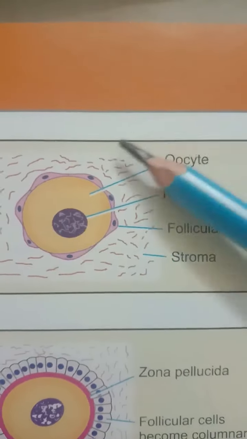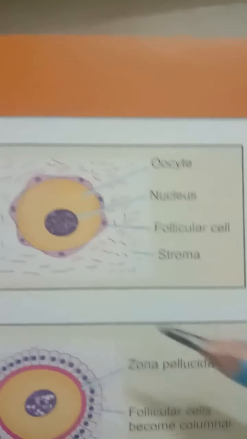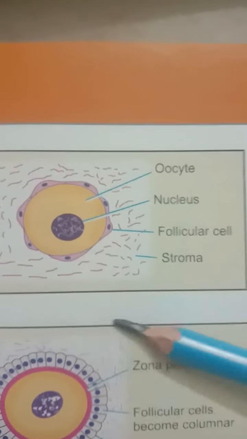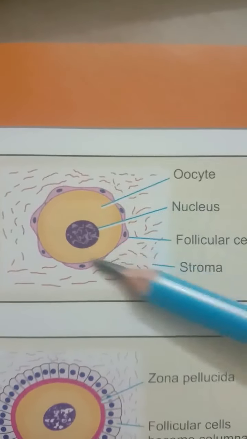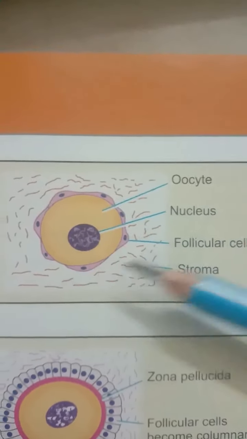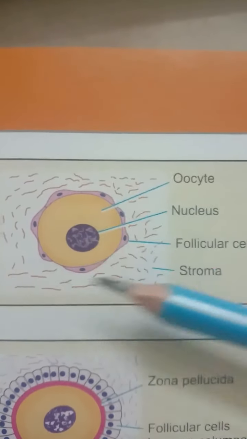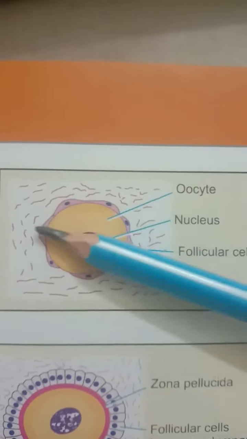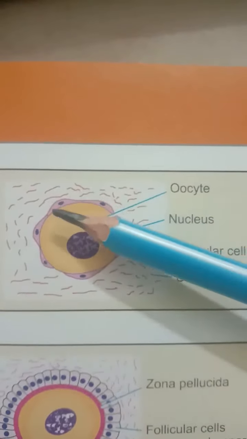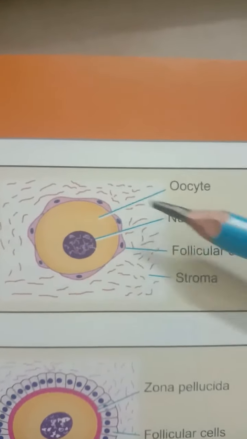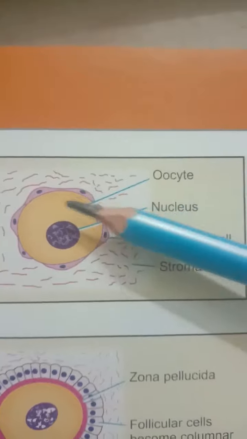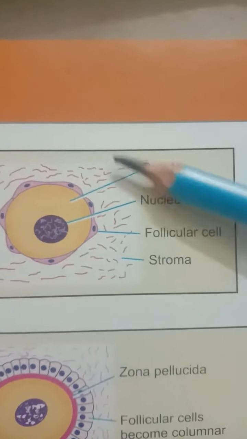The formation of the ovarian follicle. You know that the ova develop from the oogonia present in the cortex of the ovary, and the oogonia are surrounded by other cells forming the stroma. These stromal cells form the ovarian or Graafian follicle that surrounds the ova and protects them.